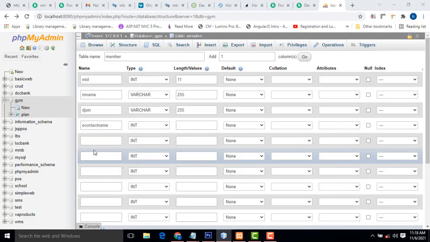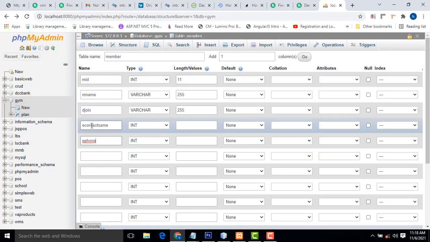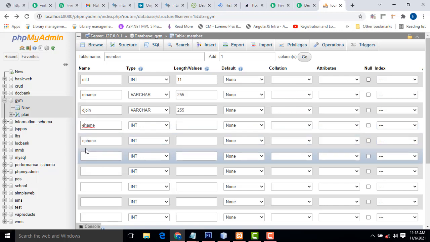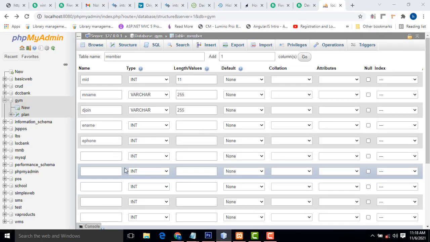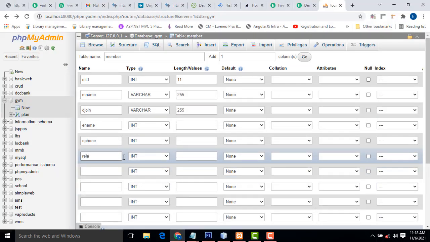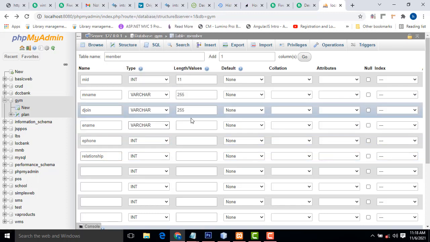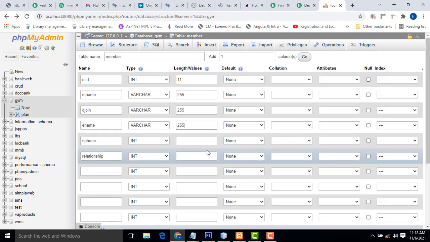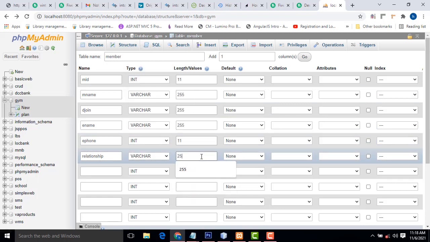After that, phone number, emergency phone number. So write simply name, emergency contact name, emergency phone number. After that, relationship, varchar, right?